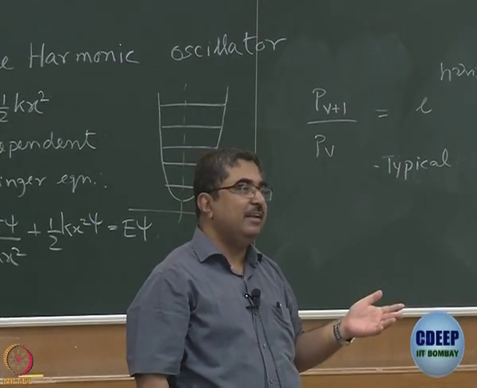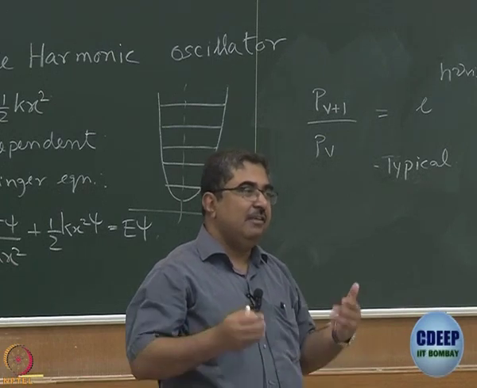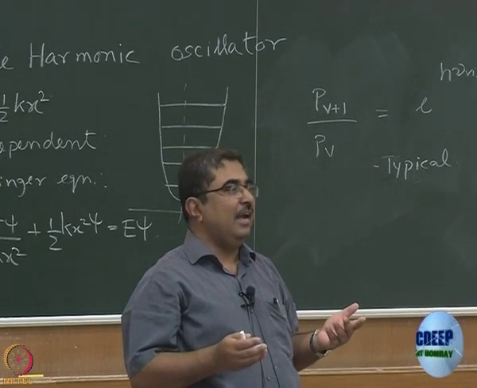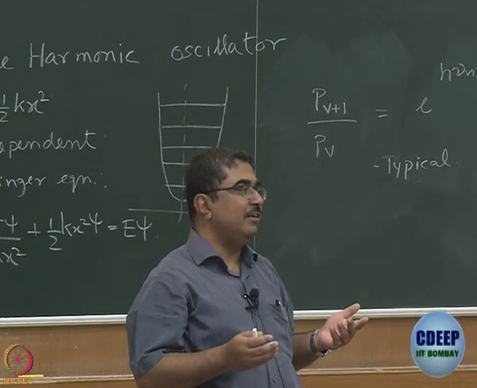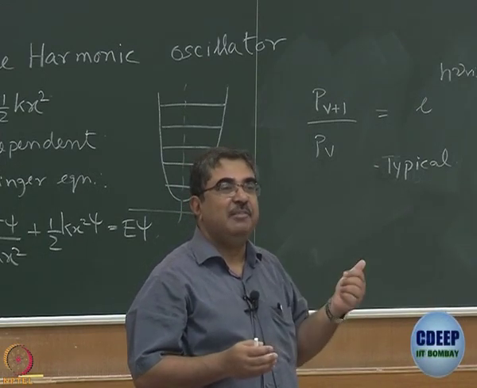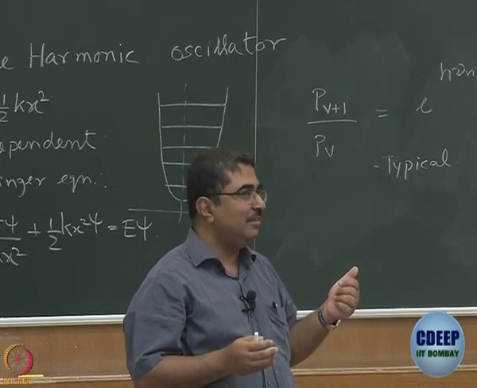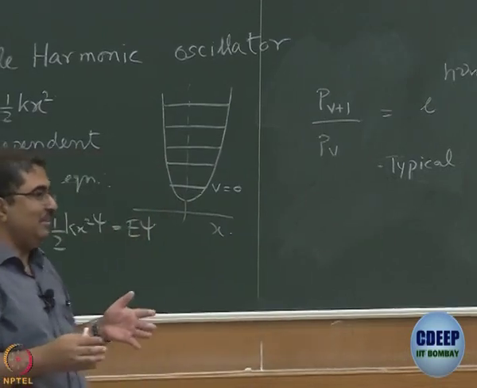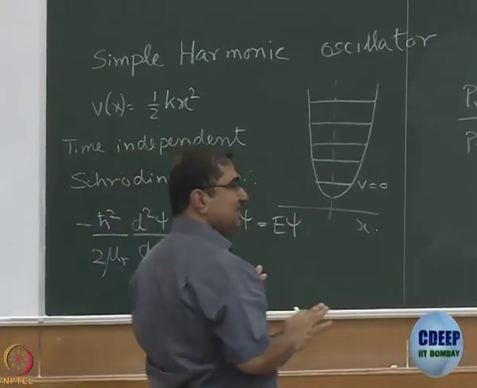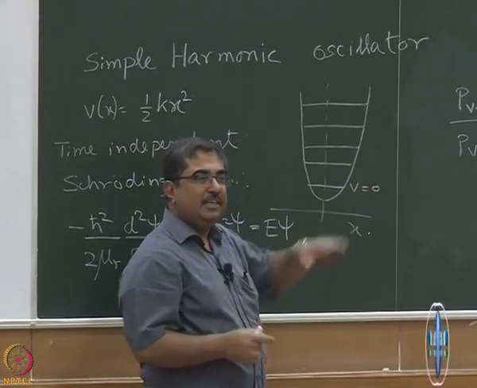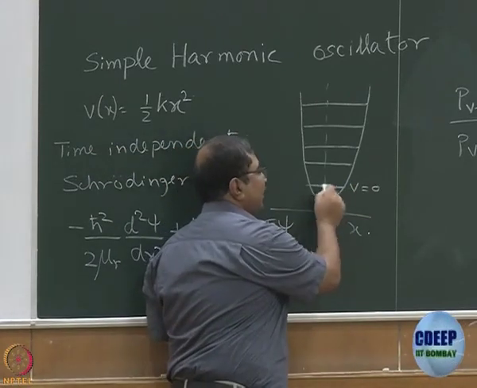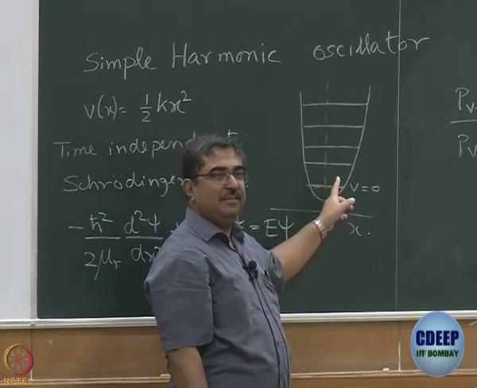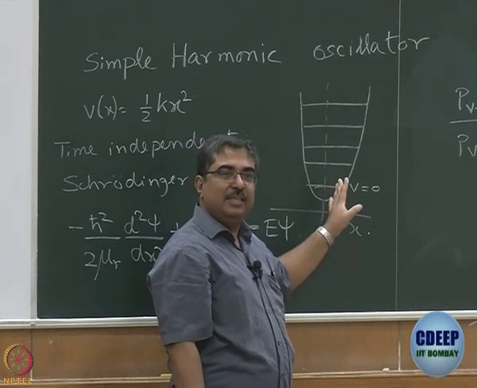What does that mean? Start with the 0th level. If there are 1000 molecules in the 0th level, how many molecules would be at V equal to 1 level? 8. And how many would be in V equal to 2 level? Well, 0, right, because you cannot really have fractional molecules. Okay. So, for all practical purposes, for that kind of energy gap, the only populated level is V equal to 0. So, all upward transition will actually begin here. Okay, is that point made?